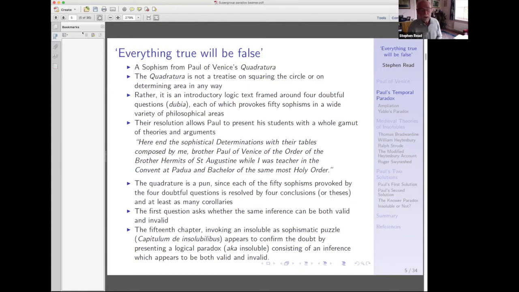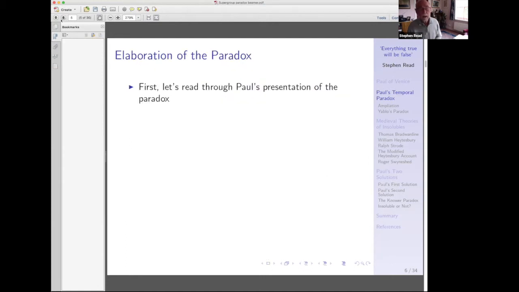So now, as I said, the first question is about whether the same inference can be both valid and invalid, and we're going to look at the 15th chapter of the first part, which is actually called the chapter on Insolubles, where he presents a logical paradox to defend that thought. So the first thing we should do is to look through